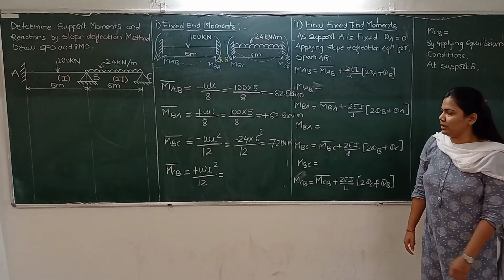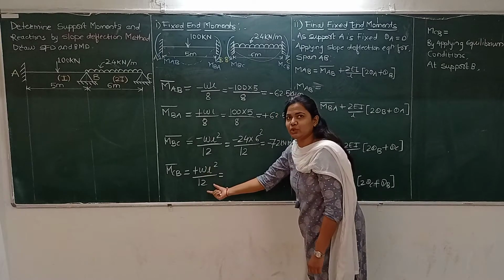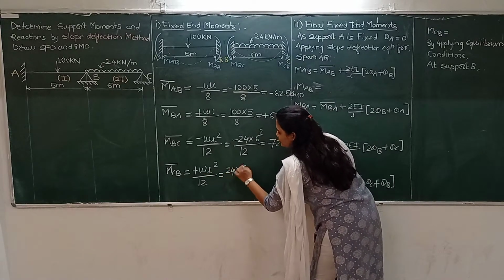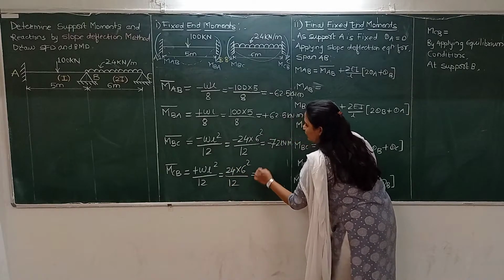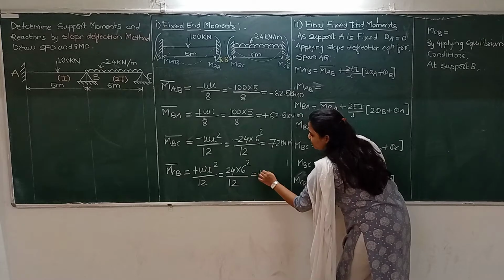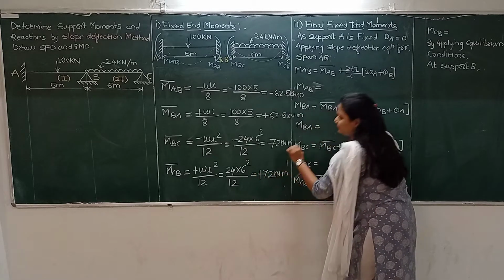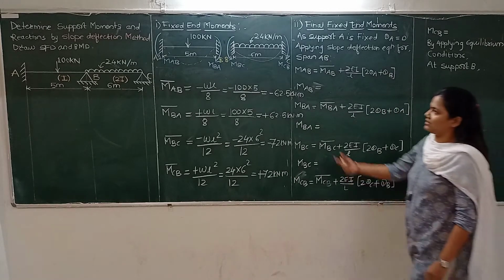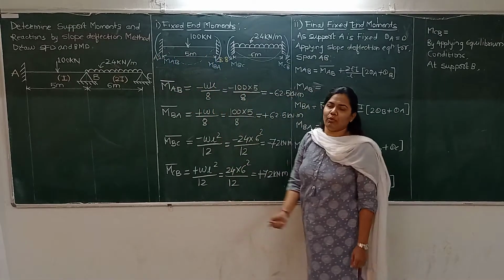MBC bar. Now let us find out the MCB bar, that is WL square by 12. So W is again 24 into 6 square divided by 12. So the value is coming the same, but the value is positive 72 kilonewton meter. So these are the fixed moments developed at the supports when you provide the fixed supports at every point or